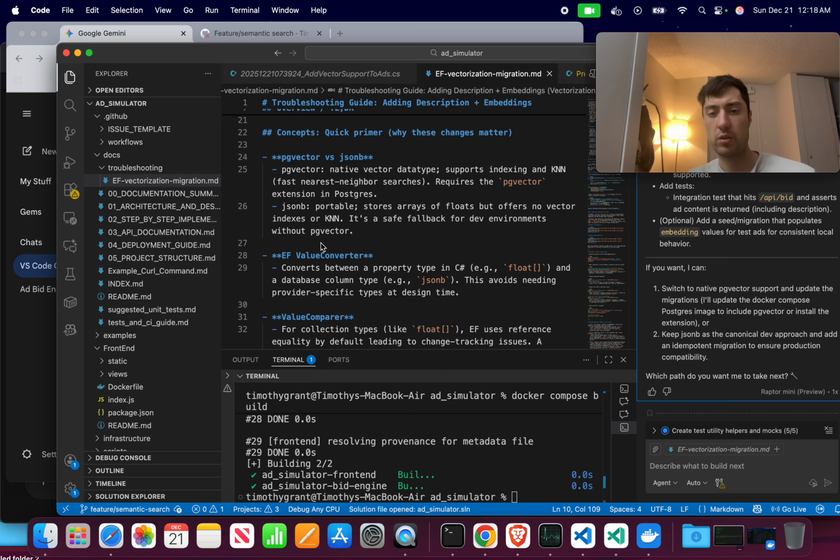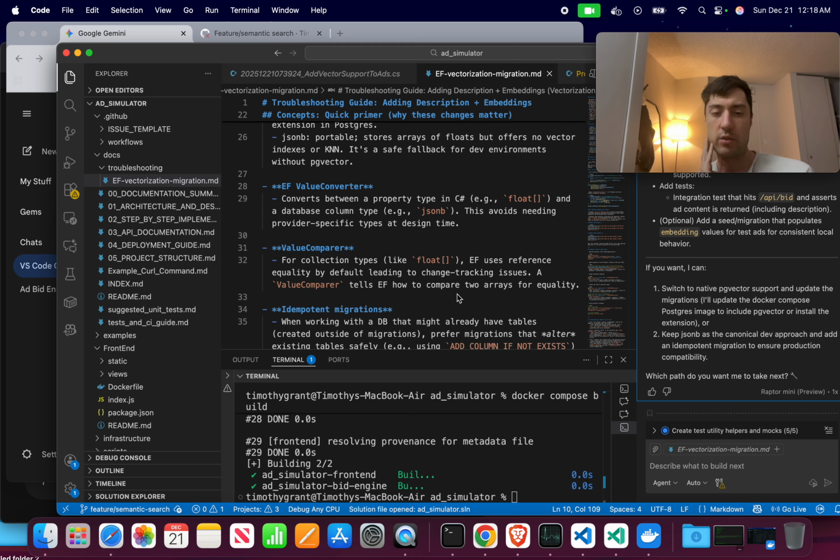JSON-B stores arrays of floats, but offers no vector search. Converts between. Value converter. For collection types like float arrays, Entity Framework uses reference equality by default, leading to change tracking